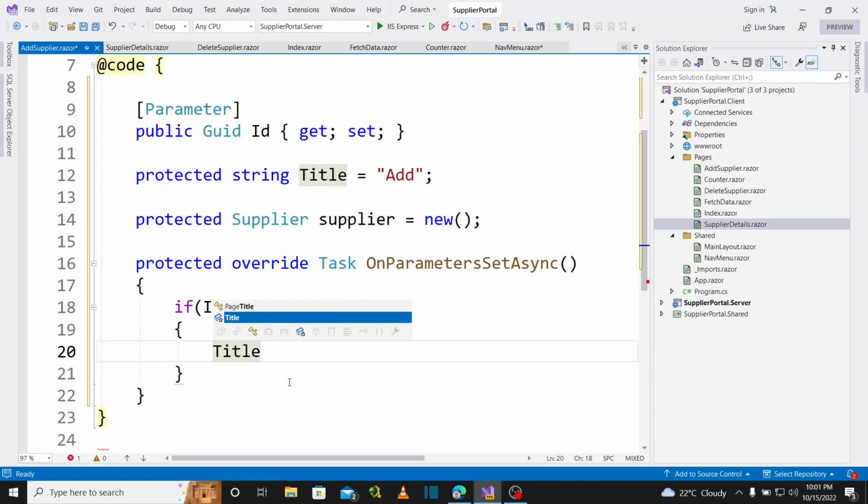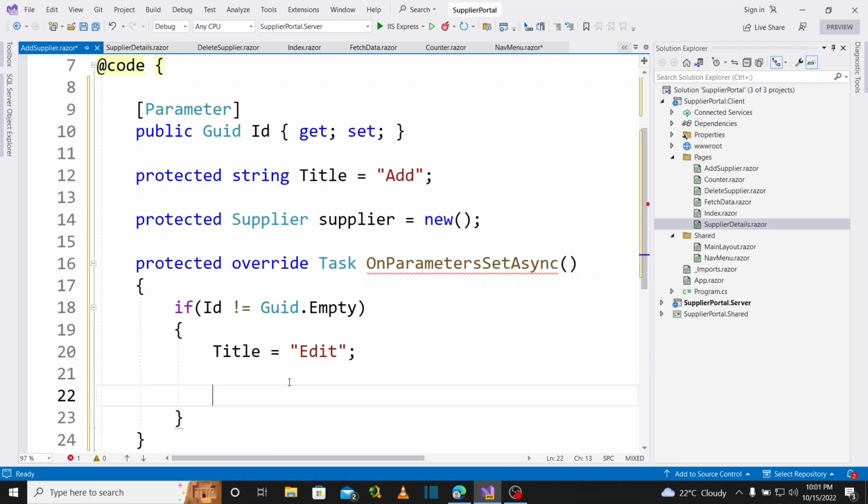So the title automatically has to change to the word edit. Hope that makes sense. And while we're editing, we need to get that supplier. It means here we are going to make an API call to our API to get that supplier. So we're going to say supplier,